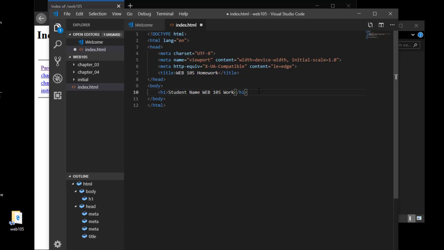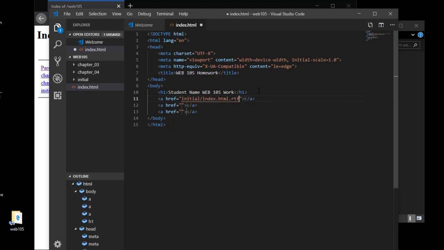Now you can do this in multiple different ways, but I'm just going to use Emmet to make this as simple and straightforward as possible. So the code for link is a, and I want 3 of them because I have 3 things to link to. So I'm going to do a times 3 and hit tab, and that'll put in my basic format for a link. So my first link is into initial